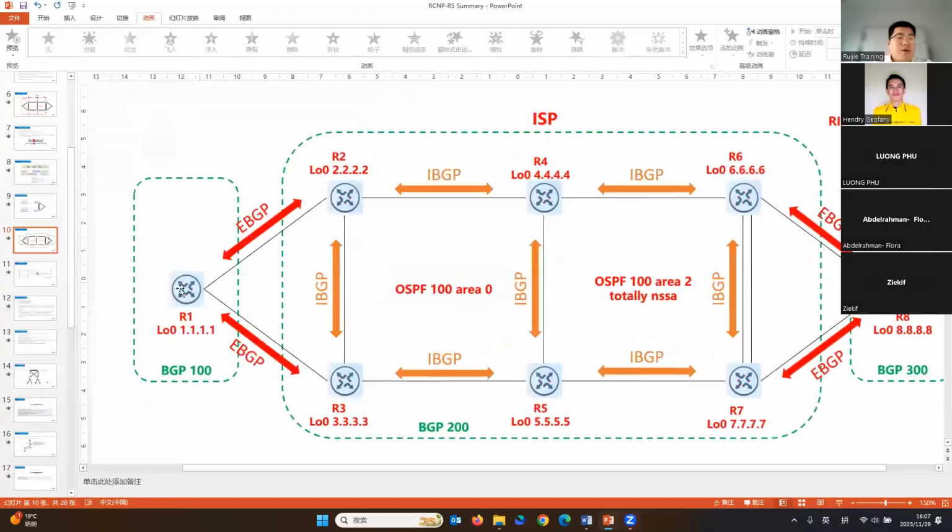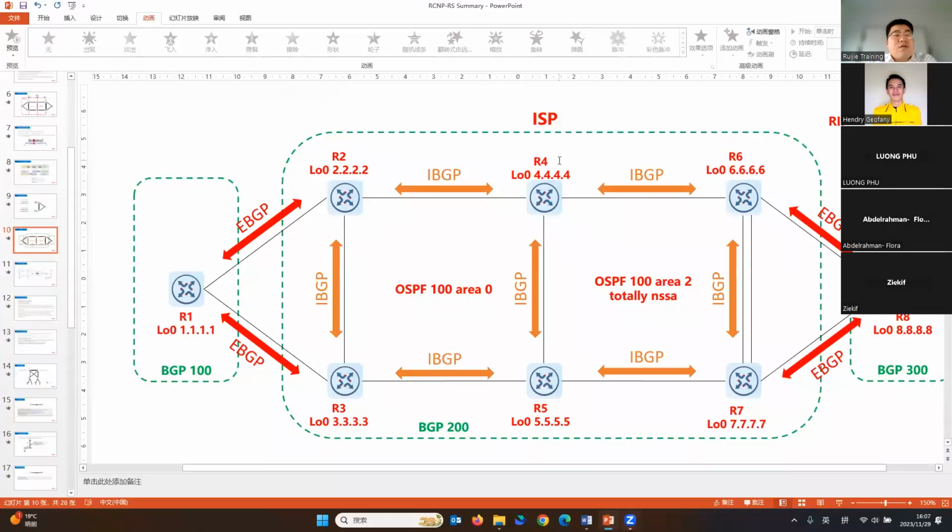Okay, when we see the topology, you can see R1, for example. Here is a route. It will be forwarded to R2. But according to the route forwarding policy, when R1 sends it to R2, it's from an eBGP neighbor, and the next hop will not be modified. Okay, and when R2 sends it to R4,